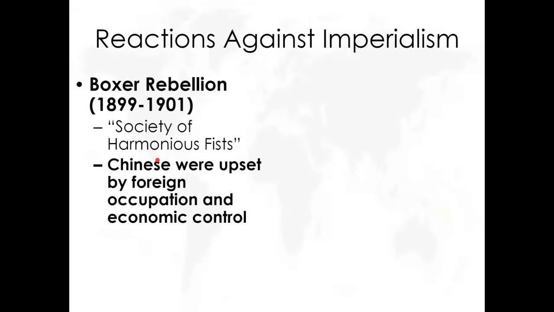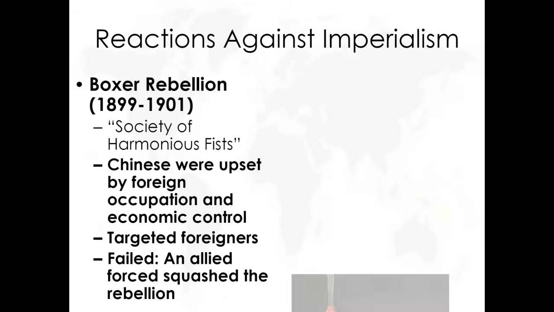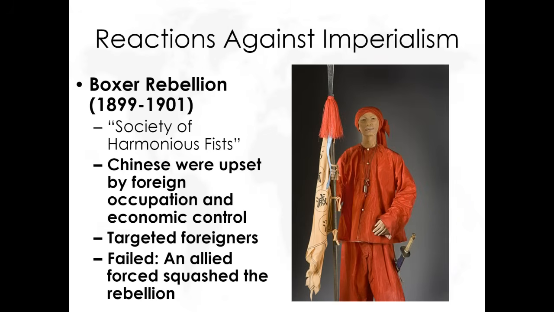All right, so the Chinese also resist, like India did. And this resistance was called the Boxer Rebellion. Sometimes the Regents will ask a question that says, what do both the Boxer Rebellion in China and the Sepoy Rebellion in India have in common? The answer: they both resisted imperialism. So here we have Chinese nationalists, they were called Boxers, and they start assassinating foreigners. Yes, this rebellion will be crushed because basically all of the Europeans and the United States and Japan are going to send in a force to destroy them, but still it's an example of resistance against imperialism.